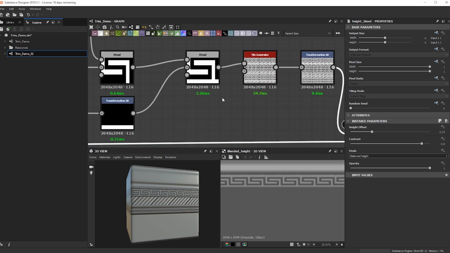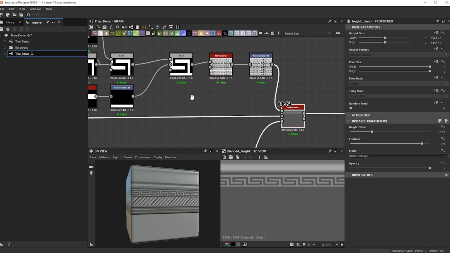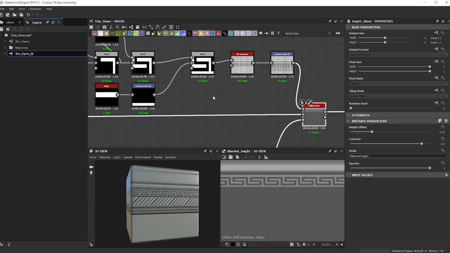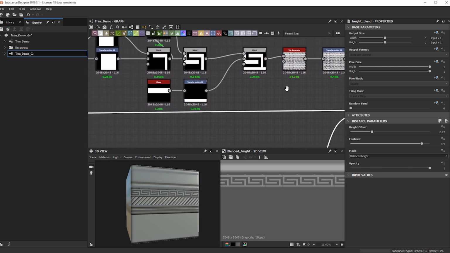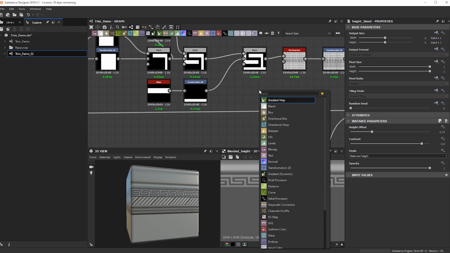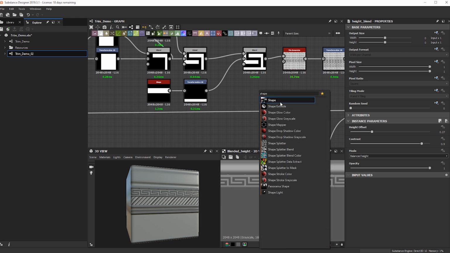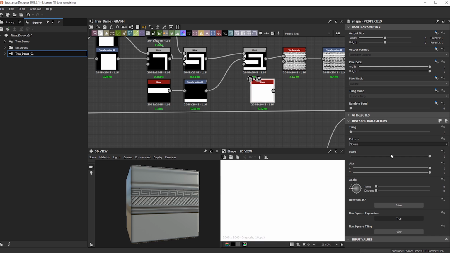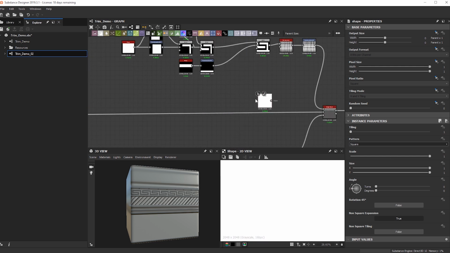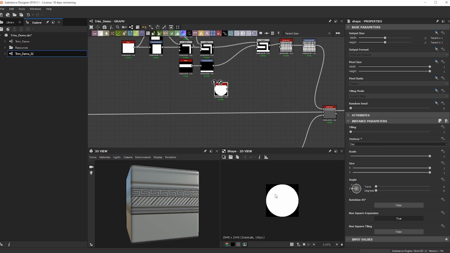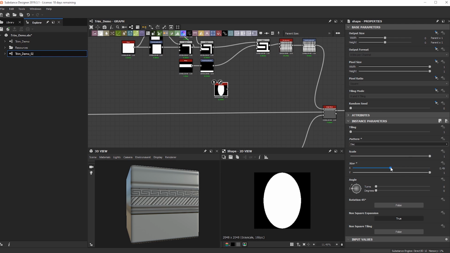So maybe we can make a cool, interesting pattern here. So let's go ahead and see what we can do. Maybe something that's more sci-fi. So I'm going to do more of a capsule kind of shape here. I'm going to take a disc and scale it down.